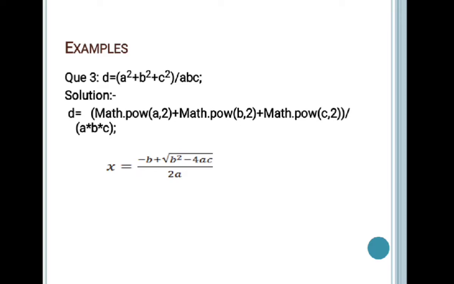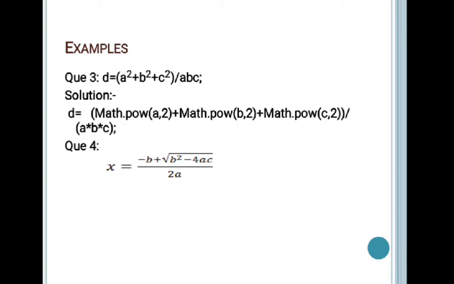Alright, the bracket is a very important thing over here, because if you do not apply the bracket, the entire thing you have calculated just before the division sign will be divided by a only, and the rest of the answer will be divided by b, and again the particular output will be divided by c. So the bracket is very much required over here. Now as you can see the next question already, because this is an image, so you can easily see this.